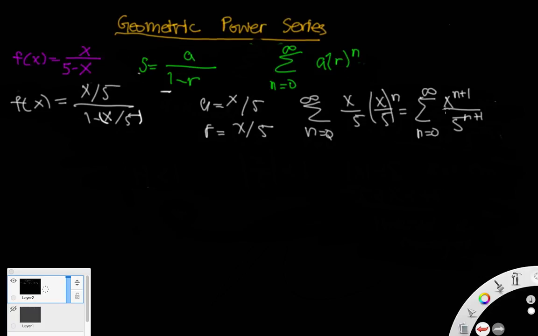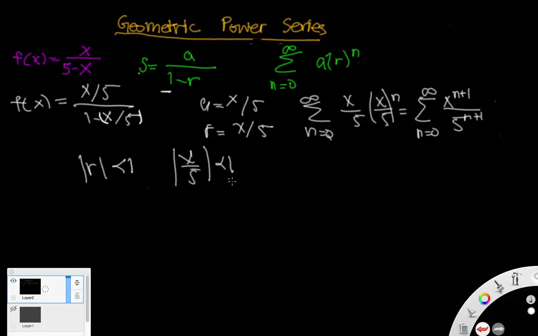Now the second thing you want to do is find the interval of convergence. And this is actually pretty simple for a geometric power series because basically the only time when you can have a finite sum is when the absolute value of r is less than 1. If the absolute value of r is 1 or greater than 1, then the series is definitely going to diverge and there's no finite sum that you can find. So all you have to do is take the r that you found, plug that in,